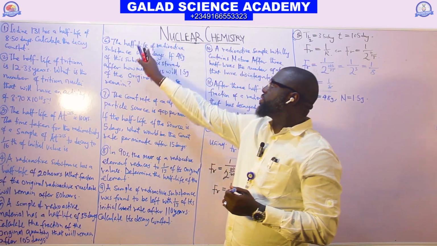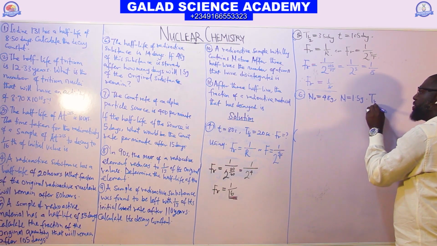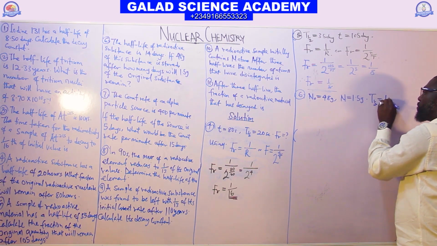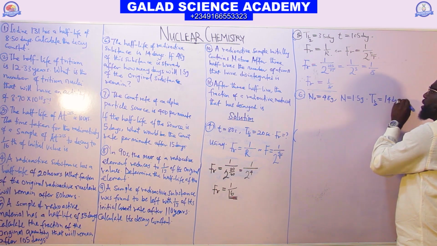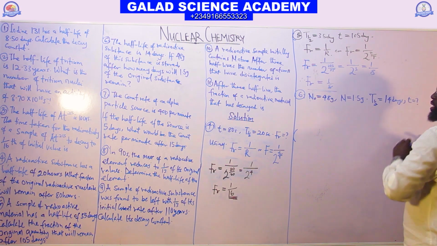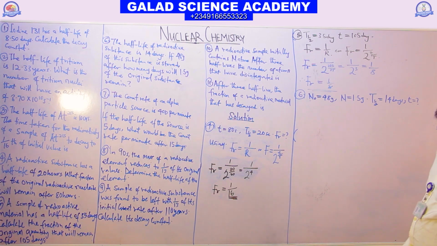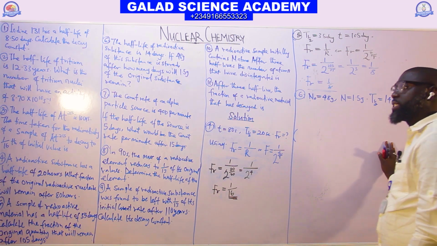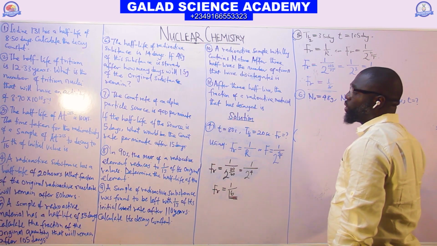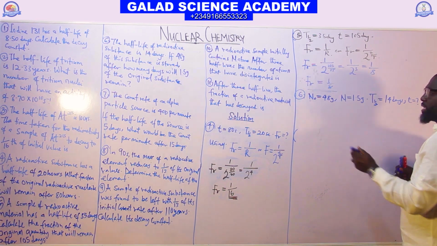And the half-life is 14 days. Good. Capital letter T, half-life, is 14 days. We are now asked to find the small t. If you are given this kind of question, the last formula I gave you under kinetics of radioactivities. Which formula says that